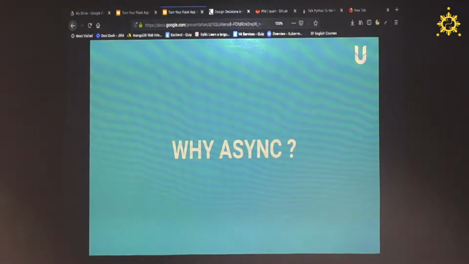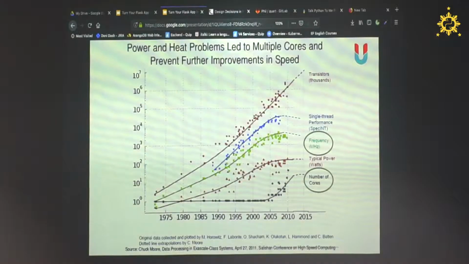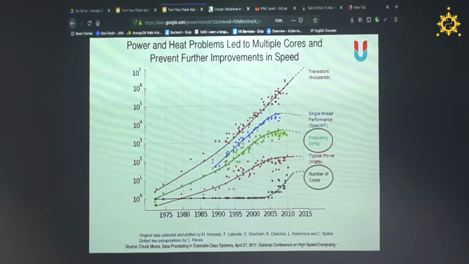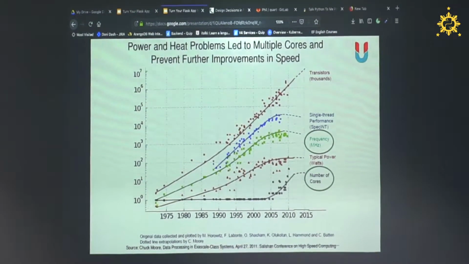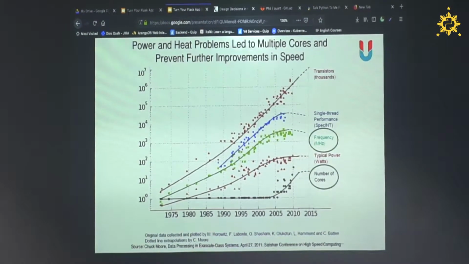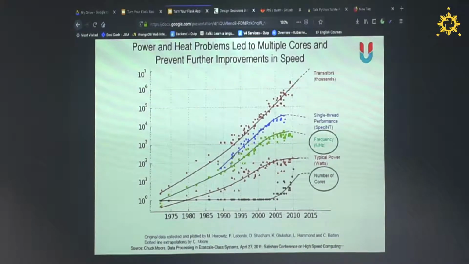So I will give some examples of why we need async for our web servers. The first question is why we use async. As you can see, this is a really nice graph about how CPUs have changed from time to time. The red line at the top is how many transistors we can put in our CPU.